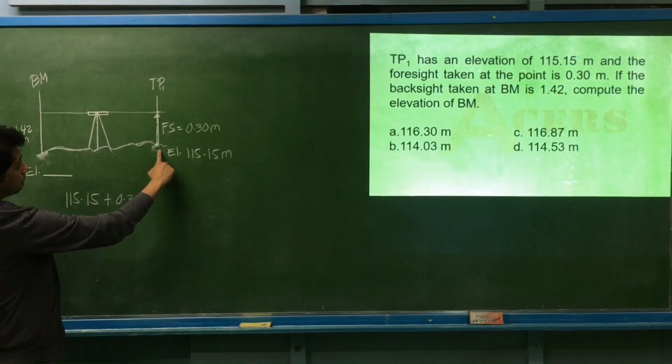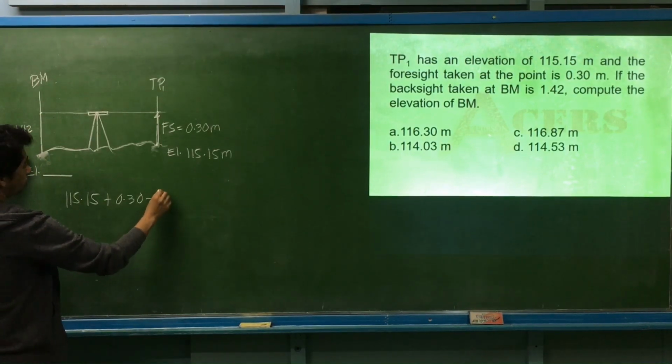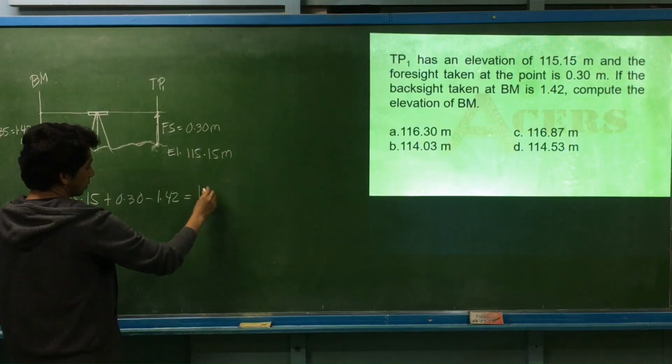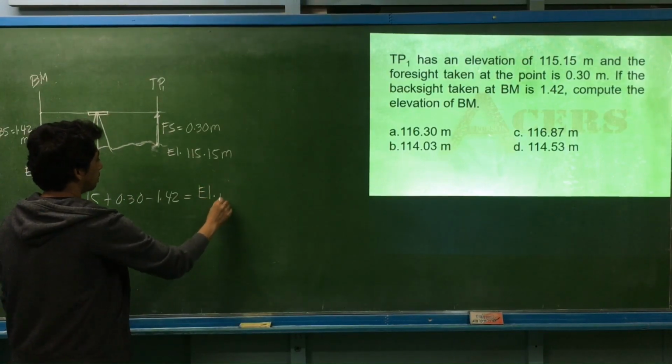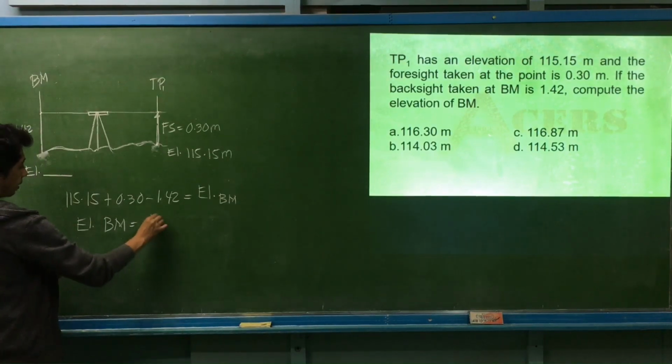Diba, 115.15 pataas, then pupunta tayo dito, paano natin mararating yung elevation na ito? That is minus 1.42 is now equal to doon sa elevation. So the elevation of the benchmark. Ayun lang naman siya. Okay? So let's determine what is the elevation of the benchmark is equal to, okay, so it's the same as 115.15 plus 0.3 minus 1.42. So the elevation is at 114.03